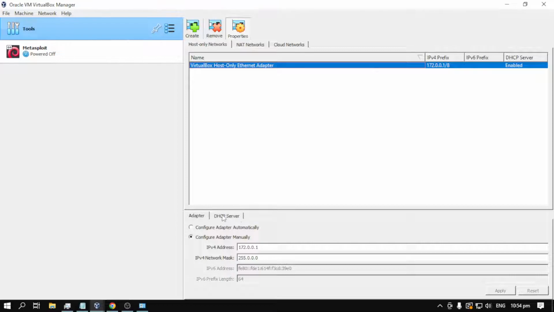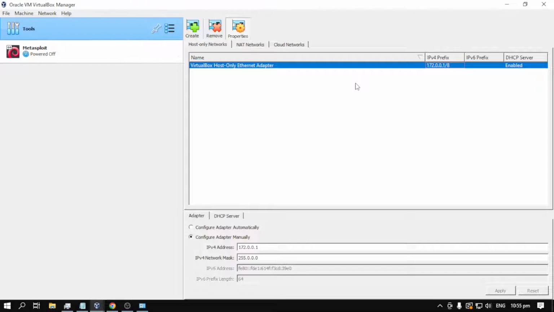For the configuration, in the adapter tab, you have to click Configure Manually, and set the IPv4 address to 172.0.0.1 and the network mask to 255.0.0.0. I just made it subnet 8 in order to cover a big chunk of a network,